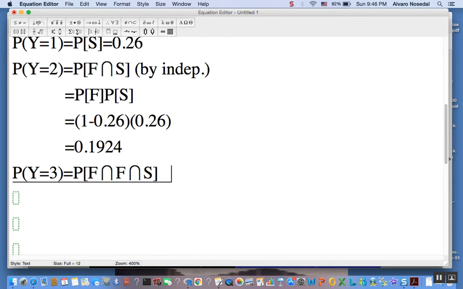As you can imagine from what we did before, we are going to be using our assumption of independence again. That is going to allow us to find the probability of that intersection easily. So by independence,